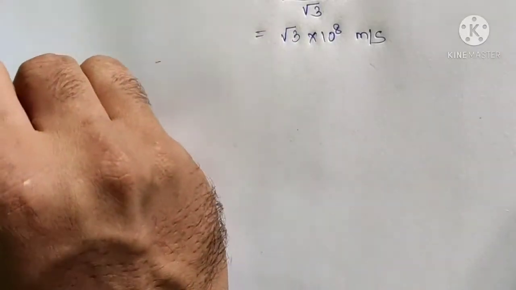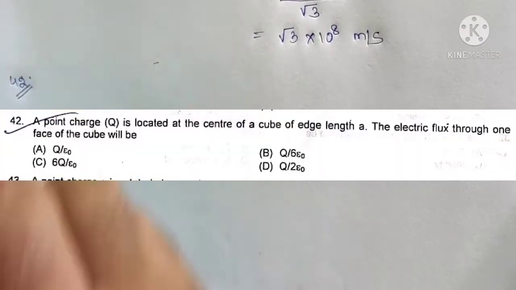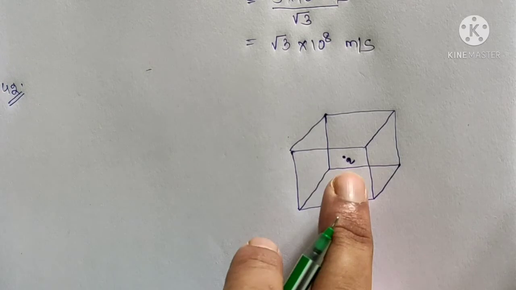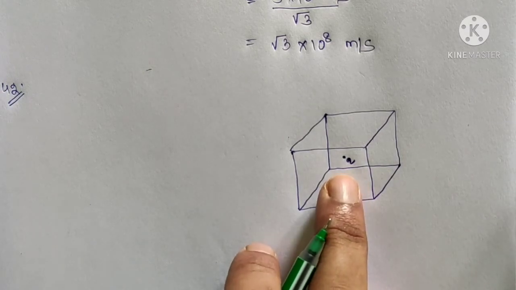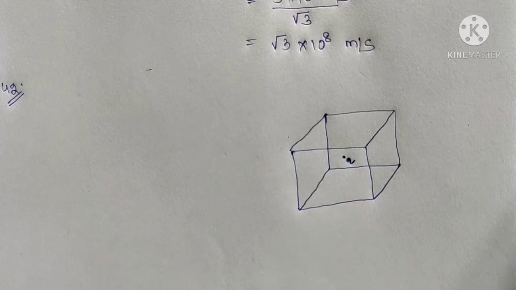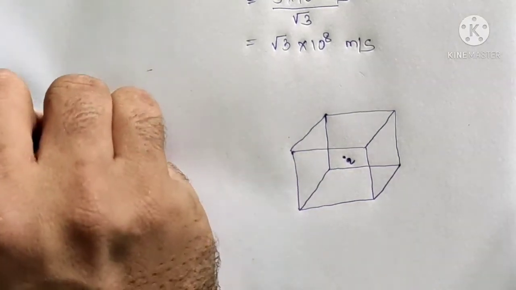Question number 42. A point charge q is located at the center of a cube of edge length A. The electric flux through one face of the cube will be. So point charge is located at the center of the cube and we have to find flux through one of its faces. So from Gauss law